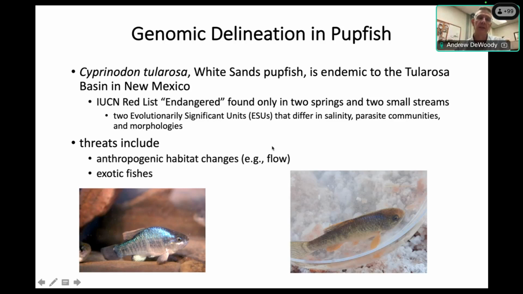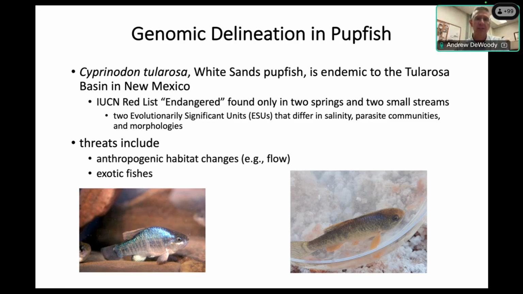And so the white sands pupfish, genus Cyprinodon, is endemic to the Tularosa Basin in New Mexico. And the international organization IUCN, which publishes the infamous Red List, categorizes them as endangered. They're found in only 2 springs and 2 small streams in this desert environment, and those populations constitute 2 different